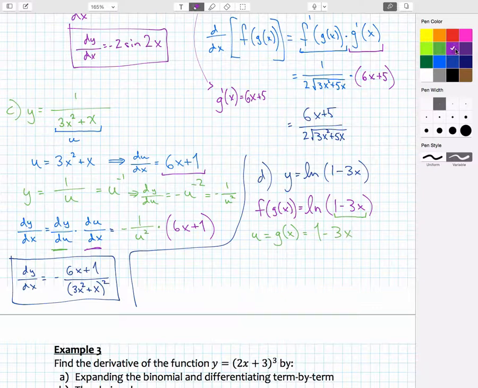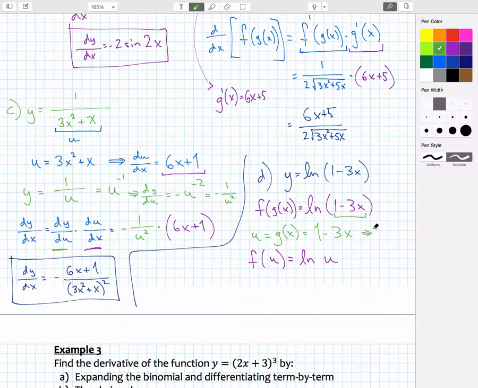Now that means that f of u is going to be just the natural log of u. And so now if we want to take our derivatives,